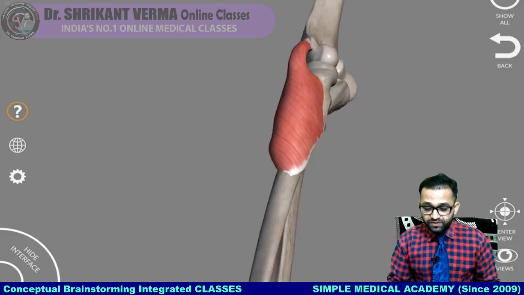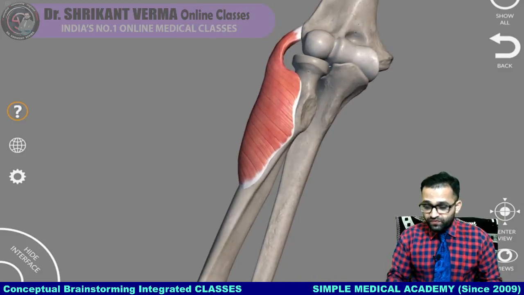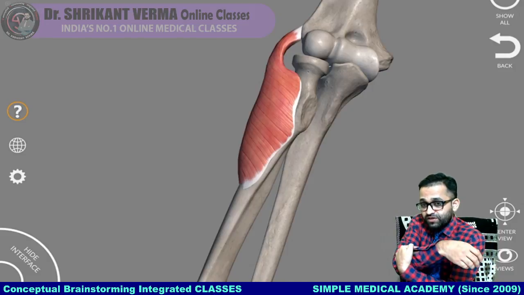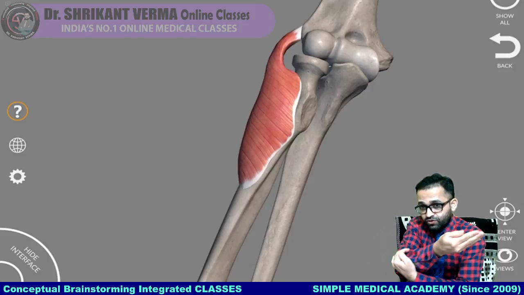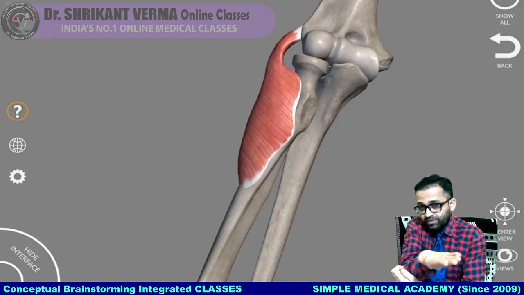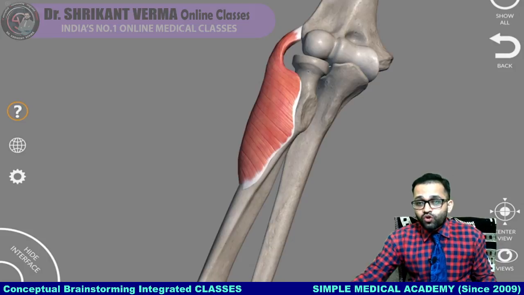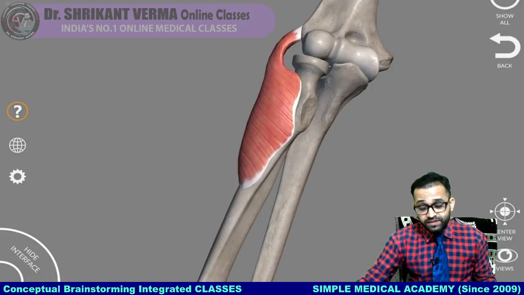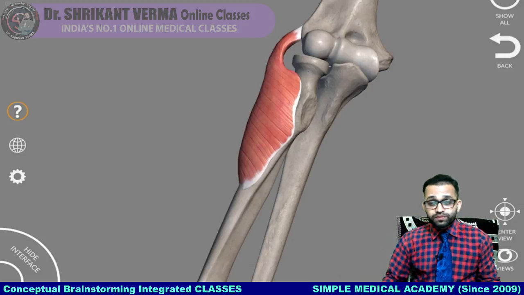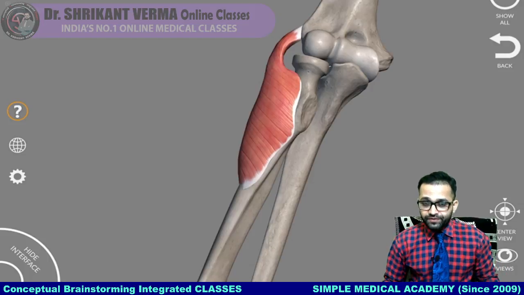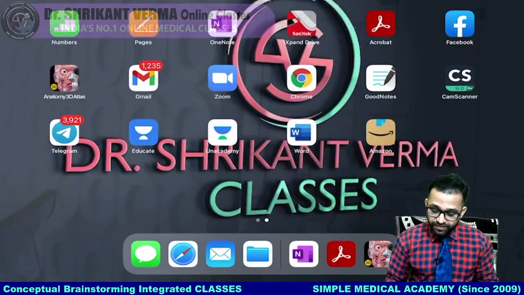So definitely you can observe this muscle. This muscle is going from the depth and inserting here. When this muscle contracts, it will rotate our forearm upward. Upward rotation of the palm is known as our supination movement, because this is causing the supination. That's why what should be the name of this muscle? Supinator.